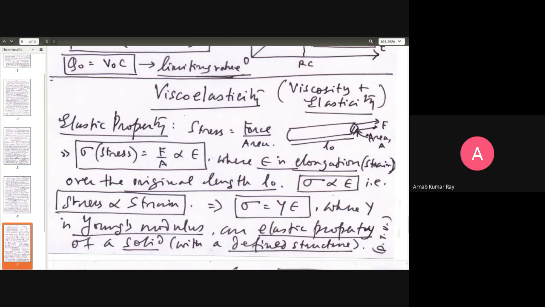What is it? Loosely speaking, it is the tendency or property of solid objects to retain their given shape, a solid crystalline object. By the way, when I say a solid object, I'm referring to an object where you have got a properly defined structure within the system. In a metal, for instance, you've got a properly ordered structure.